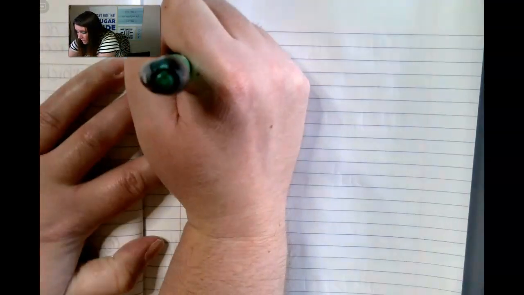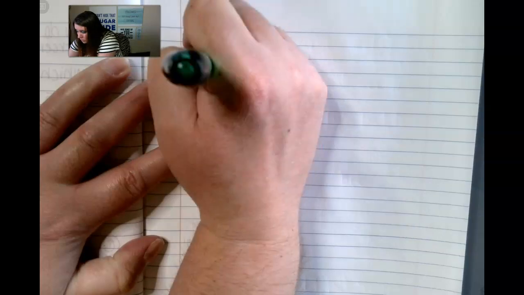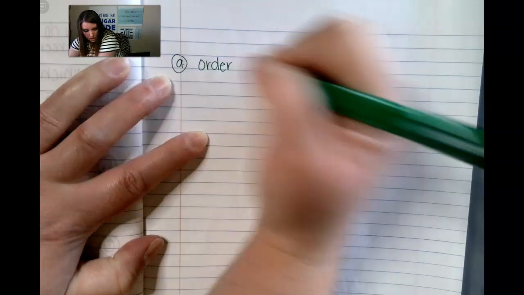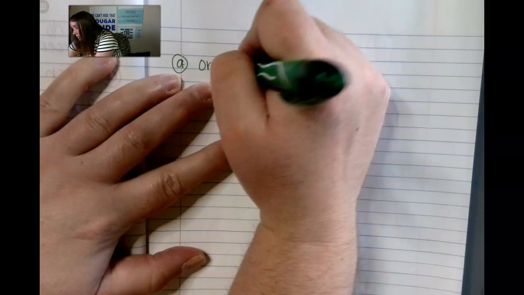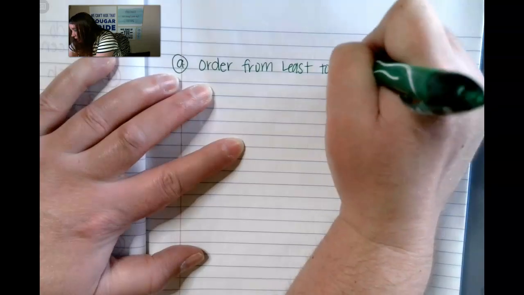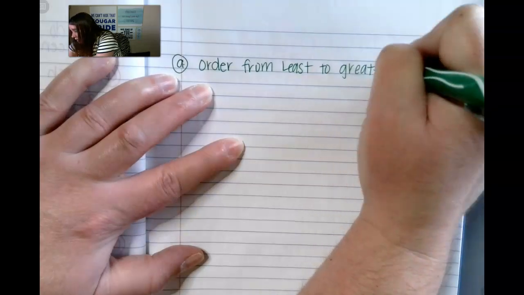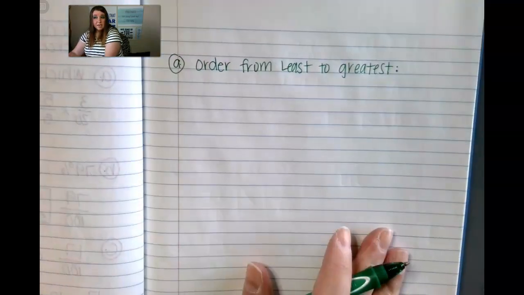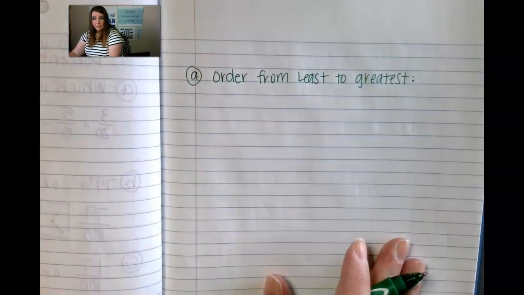All right, so we're going to be looking at how do we order the percentages. So you'll be given a problem that looks like this. It says to order, and then you're going to get a big long list of things from least to greatest. So let's go ahead and put from least to greatest. All right. So our big old long list of things that we're going to be getting